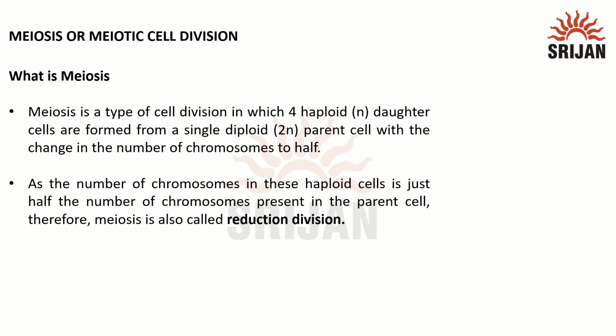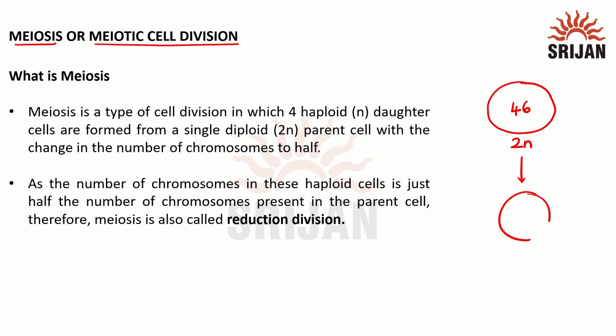In this video, we will learn about meiosis. Meiosis is also known as meiotic cell division. Meiosis is one type of cell division wherein we see a reductional type of cell division. That is, one parental cell, let's assume it's a diploid cell having 46 chromosomes, as in humans. After the completion of meiosis, the daughter cells will have the haploid number of chromosomes, that is half the number,